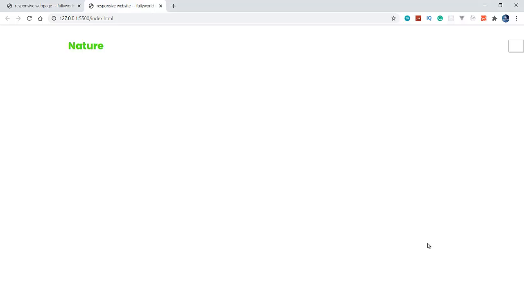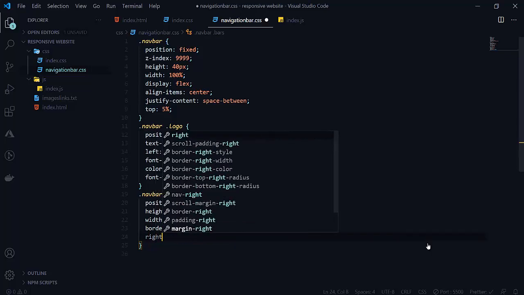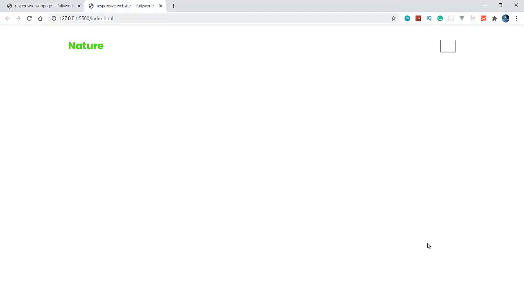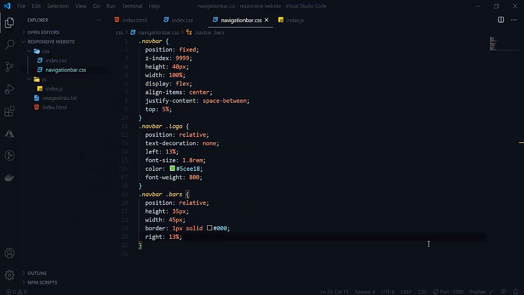So let's make it right. Let's apply right to 13%. We will apply the same alignment here. So right to 35%. It is more. Let's apply 15%.